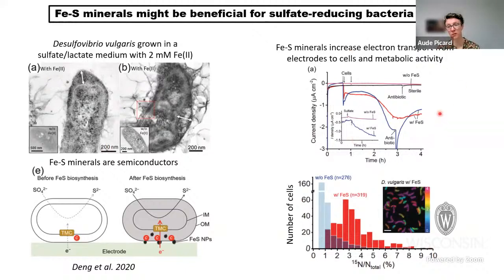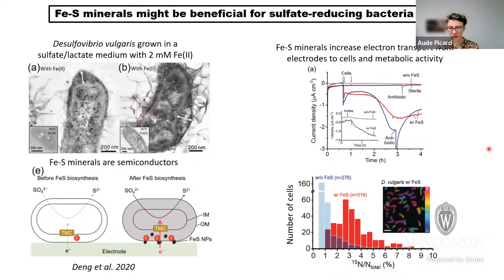What they've seen is that getting more electrons allows the bacteria to produce more energy. In the culture with the minerals, they were also seeing more assimilation of nitrogen compounds, which goes hand in hand with the idea that if you have more electrons, then the bacteria can produce more energy and then can produce more biomass, or at least assimilate more organics and nitrogen to make new biomass.